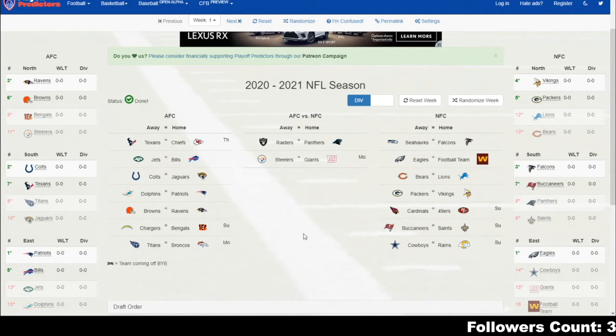But basically, I'm going to go week by week. Up here, where it says week 1, I can click on that and choose for all the weeks. I can choose all the way to the end of the regular season, and then I'm going to take the standings that I predict